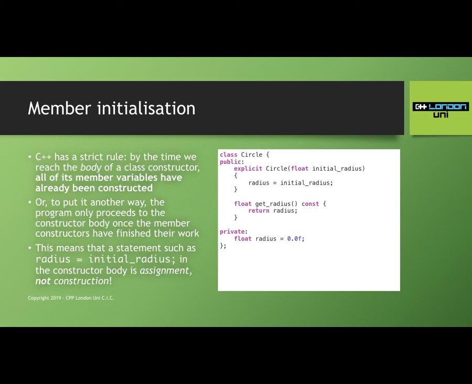Because then the compiler would be allocating some memory, which is quite an expensive, time consuming operation. It has to go away and ask the operating system, can I have some memory? That takes time, things get locked. It's quite a complicated thing to do. So if this allocated memory, and you then immediately overwrite that in the constructor body, it means that we have to allocate that memory, then immediately throw it away again and get some new memory in order to set the, well, say initial radius, the correct initial value.